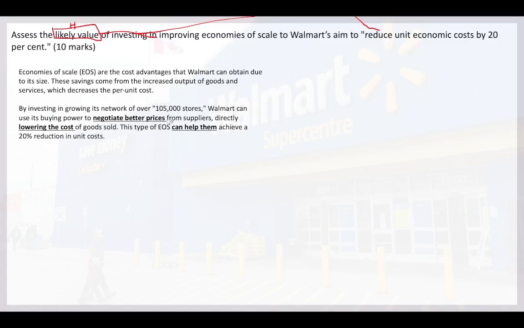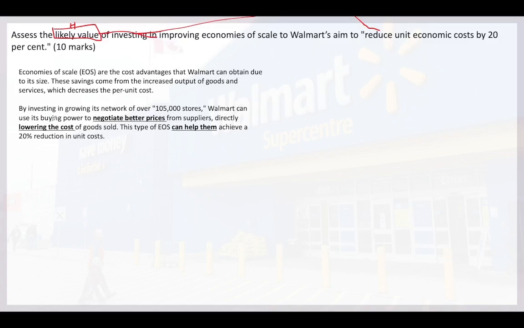This type of economy of scale can help them achieve a 20% reduction in costs. So we've got the hook directly at the end of the paragraph. It also enables me to have another chain of argument in there, and we've got negotiate better prices and lowering costs. So one of the economies of scale was economies of scale of bulk purchasing. We looked for that when we looked into the case study. That's why we needed to revise our different types of economies of scale before